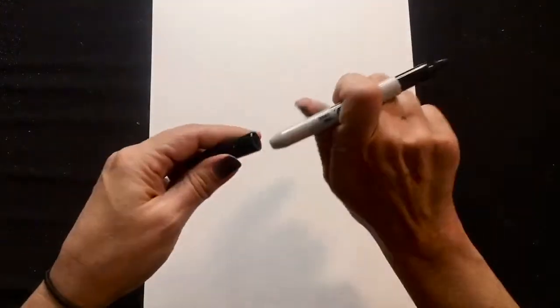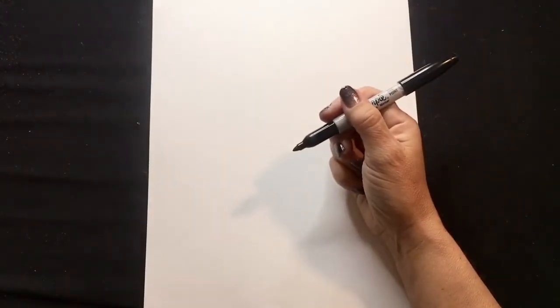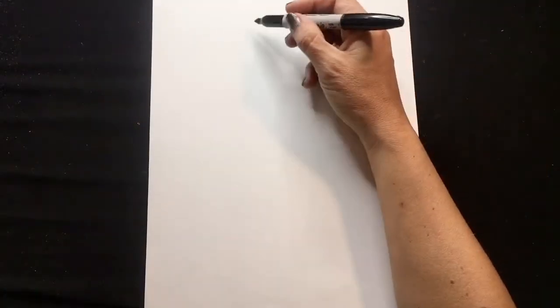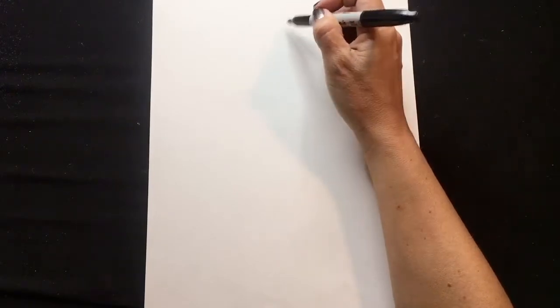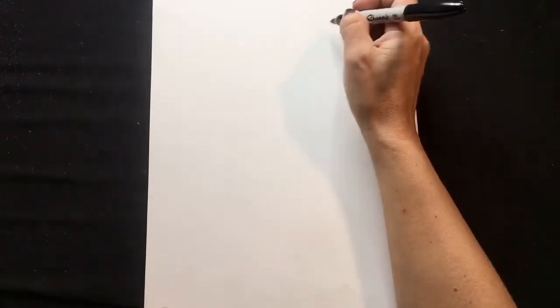I'm using a marker today so that you can see it better, but I want everyone to use a pencil when they're doing their drawing. Remember, your wild thing should be big and fill the whole page. I'm going to start with the furry texture of the head by drawing little V's.